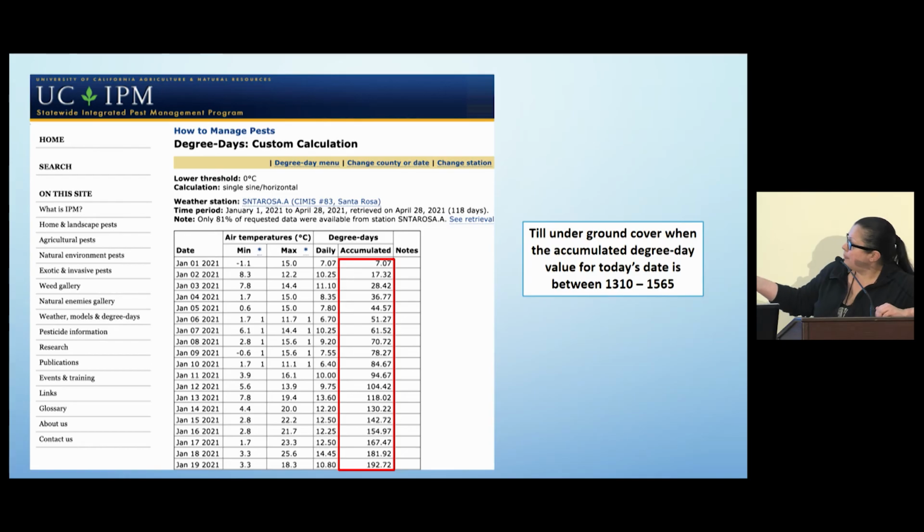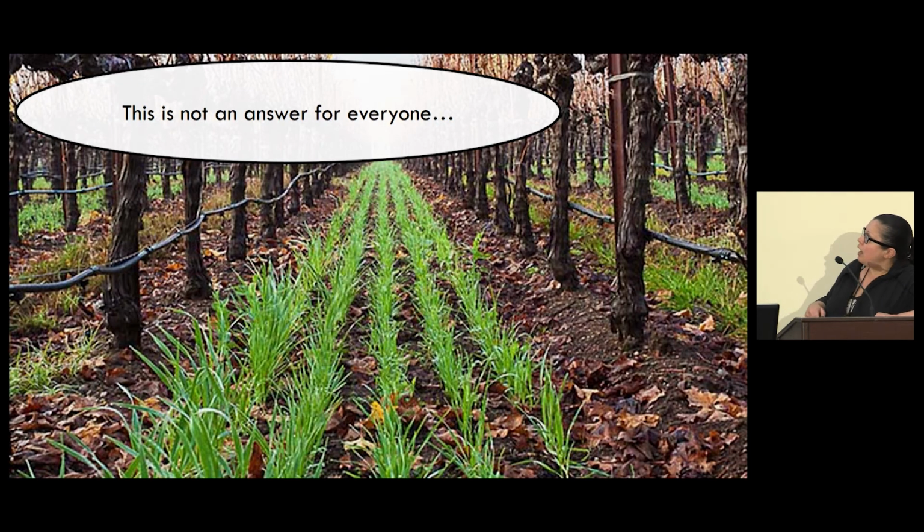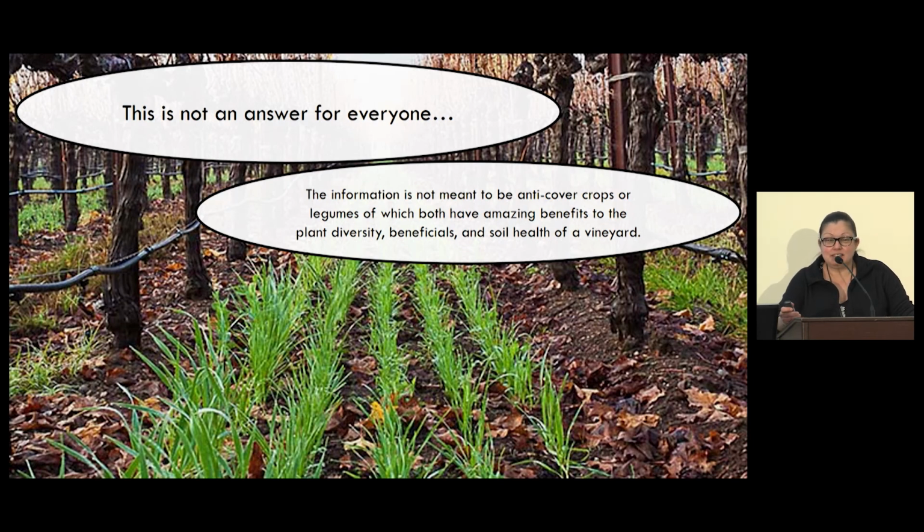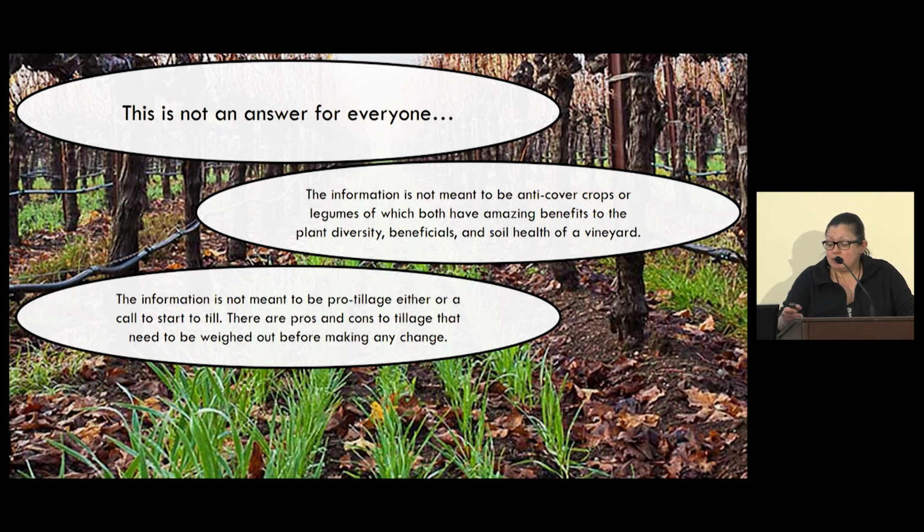So with that, I would like to say this is not an answer for everyone. Unfortunately, I wish it was. This information is not meant to be anti-cover crop or legumes, of which both have amazing benefits to plant diversity in your vineyard, beneficials, and the soil health of the vineyard. This information is not meant to be pro-tillage either, or a call to start to till a vineyard that you're not currently tilling. There are pros and cons to tillage that need to be weighed out before making any changes